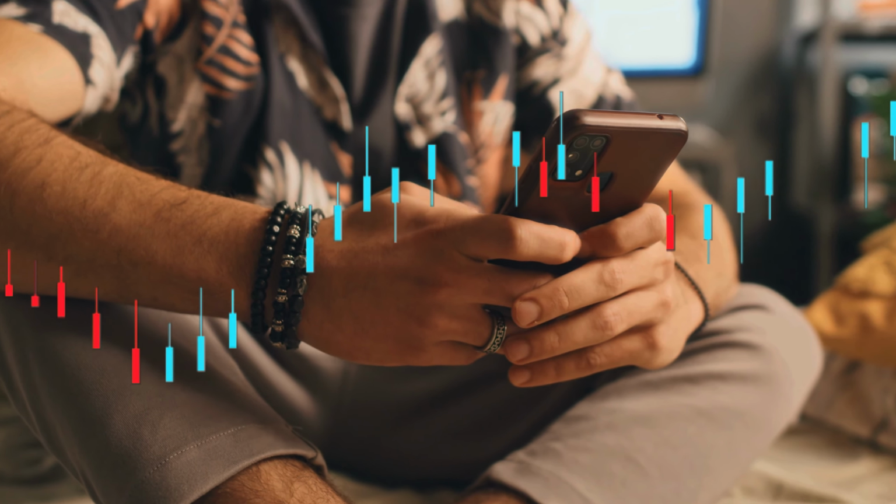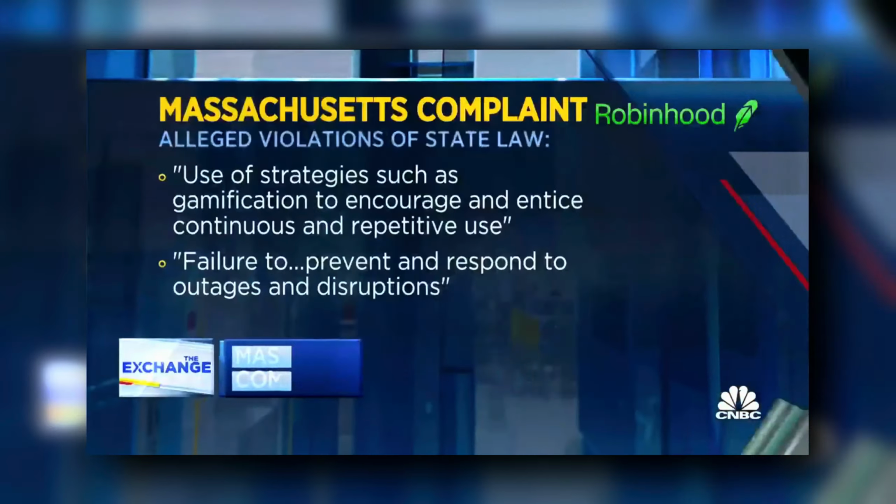Robinhood has become the go-to investing app over the past couple years for the younger generation, mostly due to its free trades and its snazzy user interface. However, that snazzy user interface is the same thing that is drawing a lot of criticism from the media and from regulators. Massachusetts regulators are accusing Robinhood of what they call aggressive tactics in marketing to inexperienced investors, using gamification to